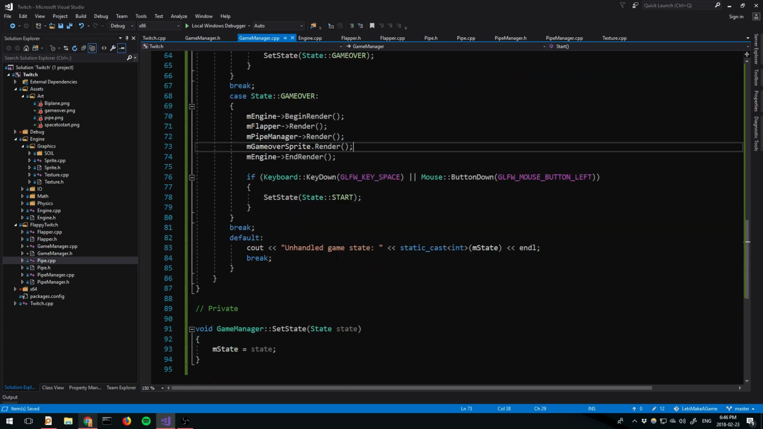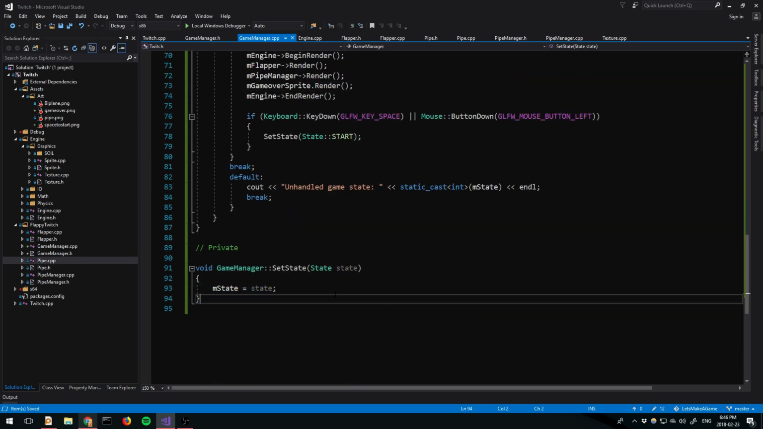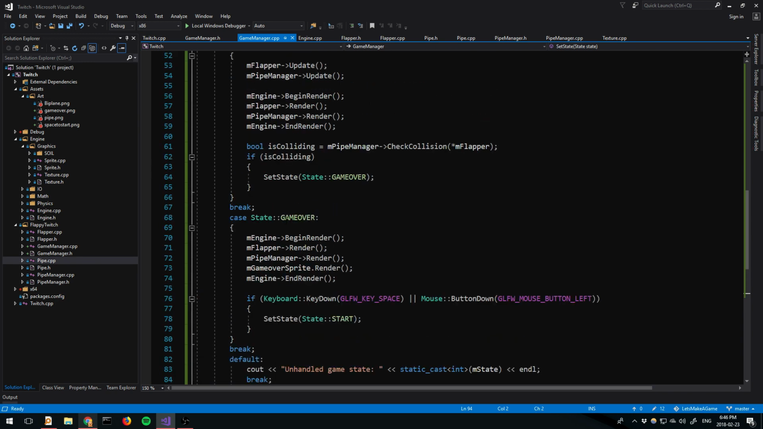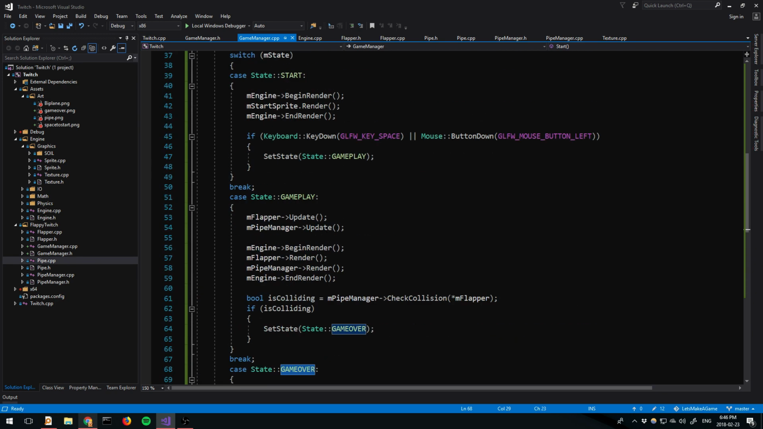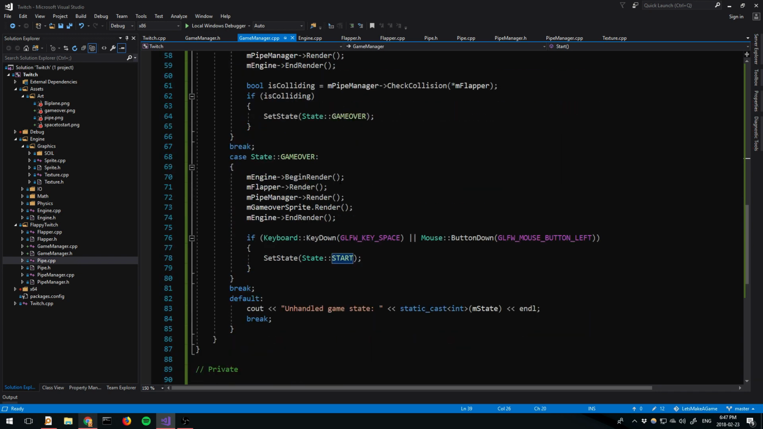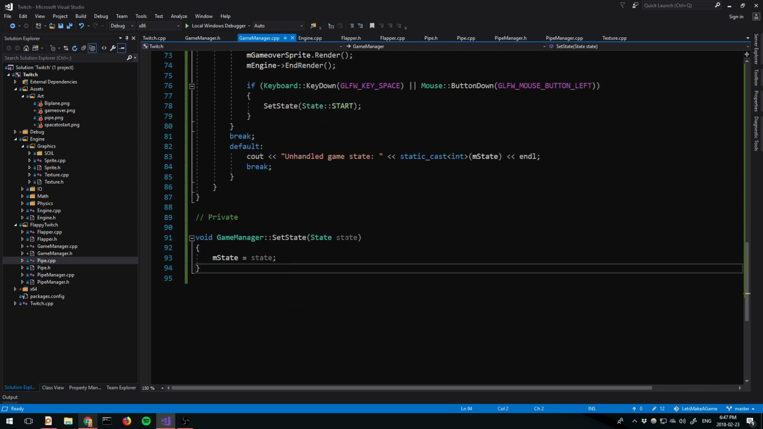So what we'll need, and that's kind of where this comes in, is we'll want to reset the state of the game if we're leaving the game over state, basically. Or we can do it if we're entering the start state. That works as well. It doesn't really matter which one we pick. But basically what'll happen is we'll do something like